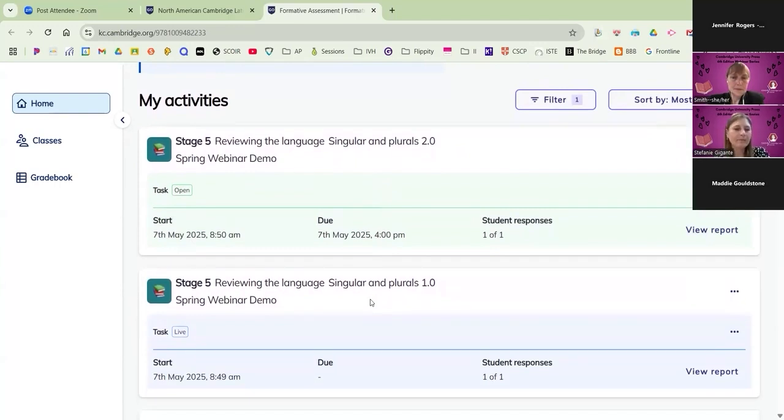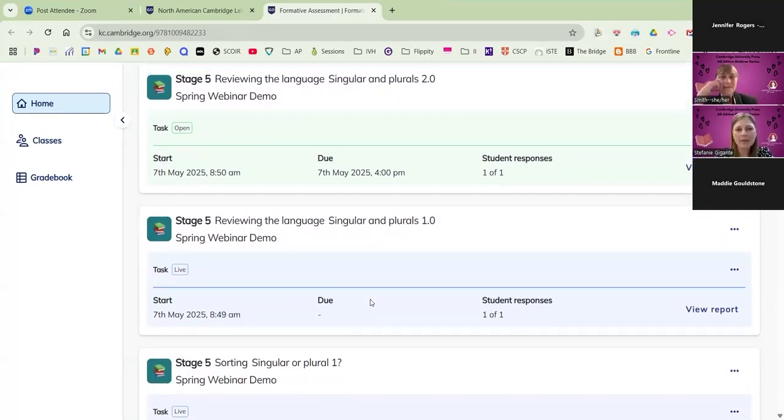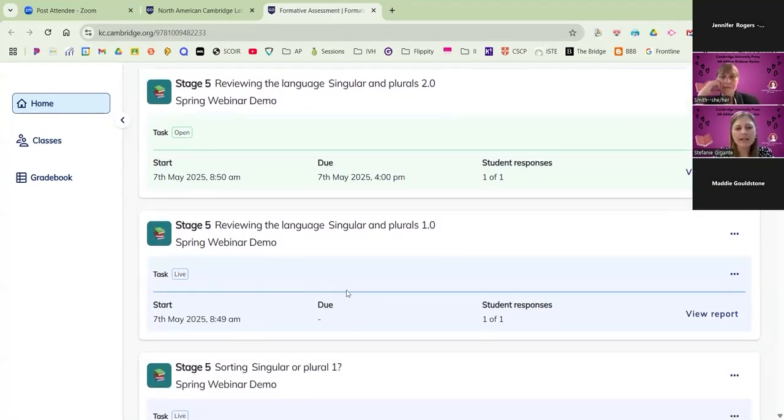All right, and then now we can really start digging in and kind of getting our feet wet. So we had just sort of alluded to this last week because we were saving all of the fun for this week. A quick FYI for you. So this task is not due. I set it without a due date because I wanted to be able to demonstrate to you some of the ways in which you can sort of finalize it, if you will.